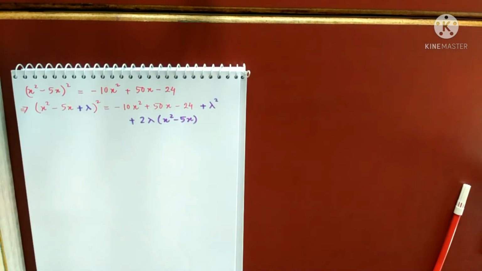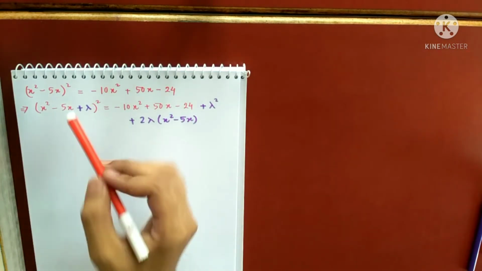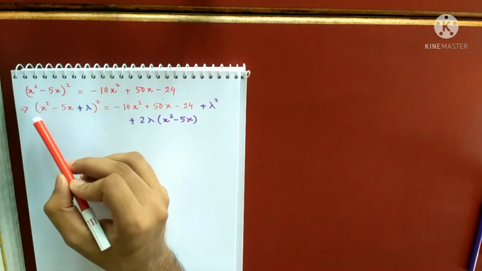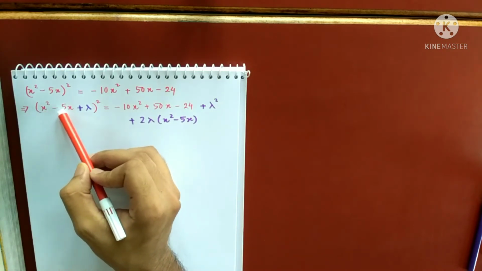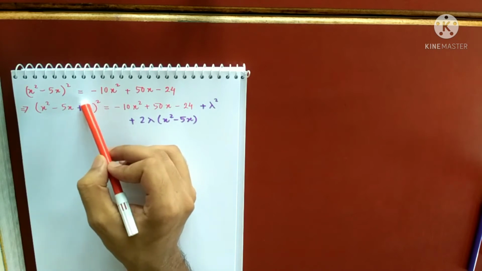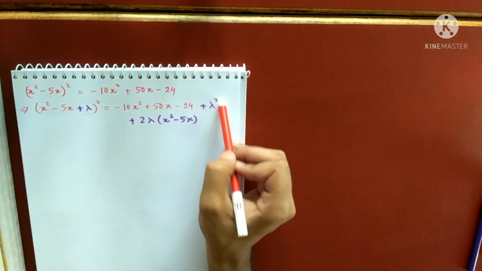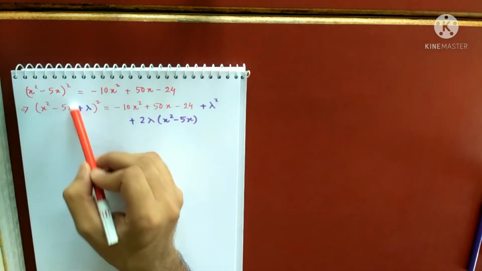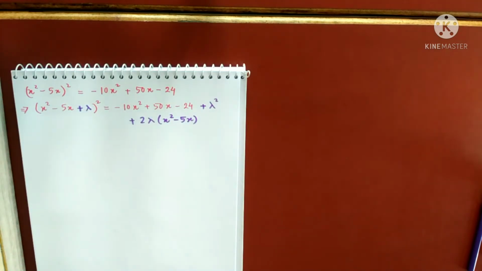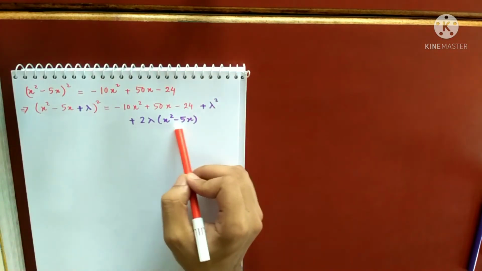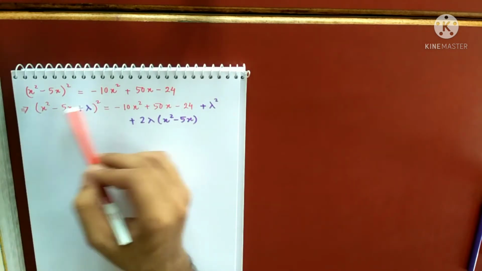Am I clear up to here? This line am I clear particularly? So when I'm adding lambda, what are the new terms that have come up? So this is a square, all right, plus b square is extra which was not there. So plus b square and plus 2ab. So plus 2ab, I'm adding both sides. That means I'm adding lambda square and this term on both sides so that this still remains a square.